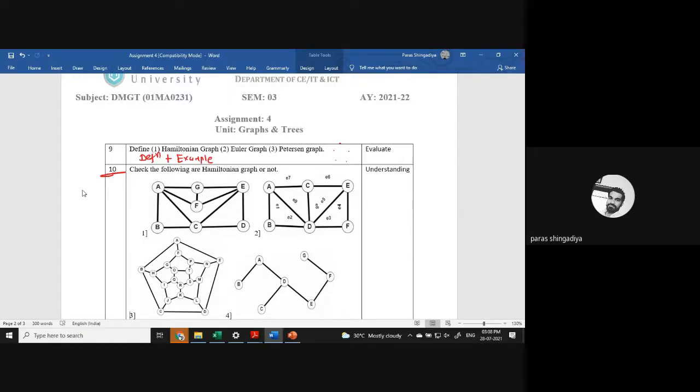So here you just start with the vertex A. This is the starting place. And move on this graph. You only have to move in the graph such that you visit every vertex once and then reach the starting place again. That is the verifying result. So let's start with A to B, then B to C, C to D. These four vertices are visited.